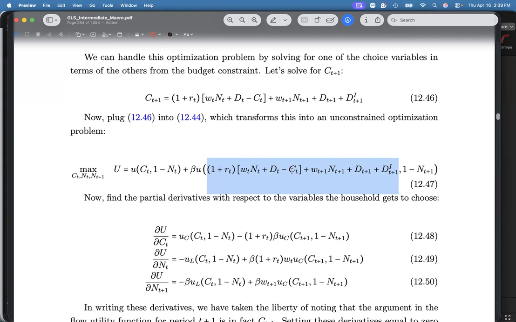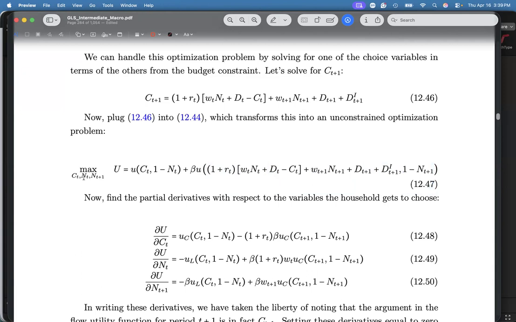Because this whole thing, the answer to my previous question, by the way, is actually CT plus 1. And there's a negative relationship between CT and CT plus 1 because of the budget constraint. So that's why I have a negative sign there. So if you consume more today, assuming you're on your budget line, you have to have lower consumption tomorrow. Next, is there a CT plus 1 here? None, of course, because that is no longer CT.